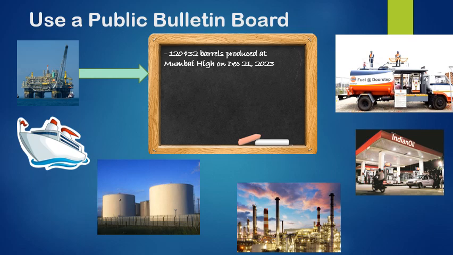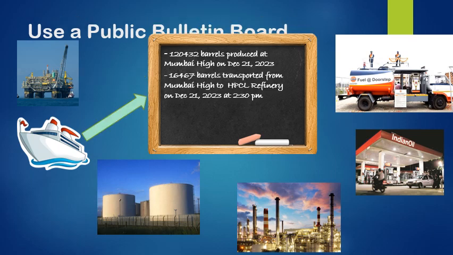When the distributor is going to distribute this oil to different organizations, they will put up an info saying that 16,467 barrels are transported from Mumbai to HPCL refinery on December 21, 2023 at 2:30 p.m. So that way information is put on the blackboard and everyone